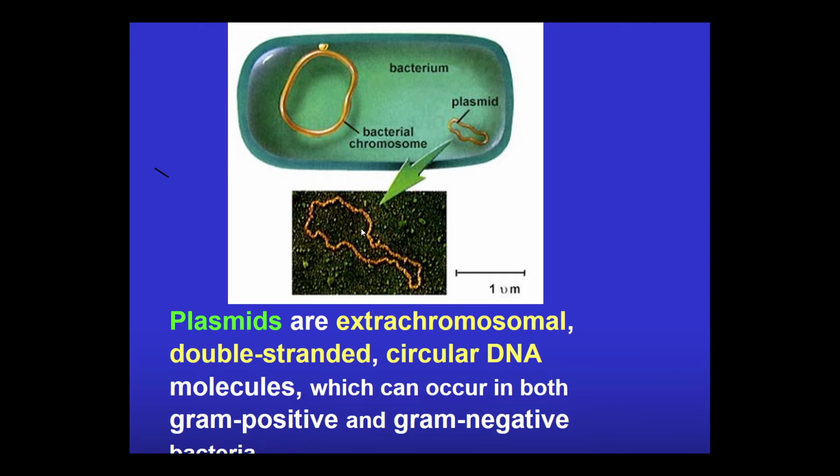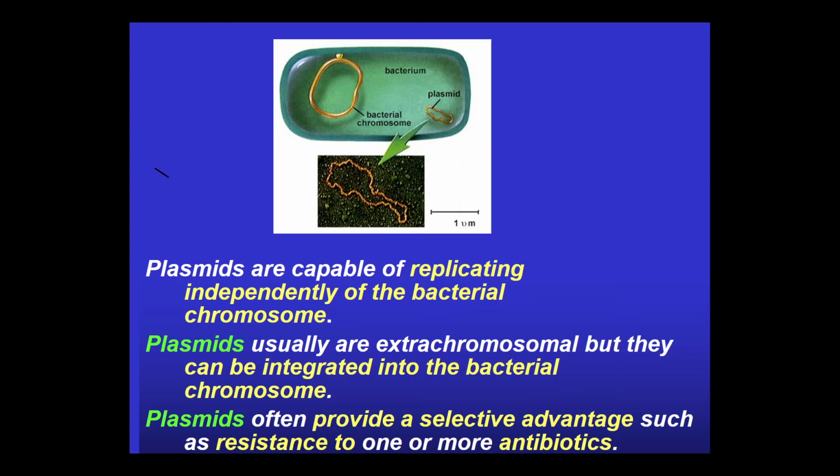Apart from the chromosome, we may also see circular double-stranded DNA structures smaller than the chromosome itself that are called plasmids. And those plasmids, and that's a true electron microphotograph of a plasmid, may happen in any type of bacteria, without reference to the stain reaction, so in bacteria with a thick or thin cell wall.